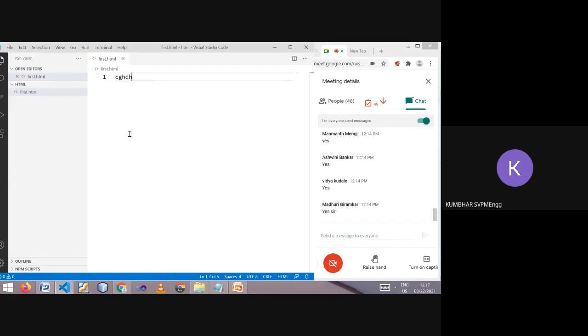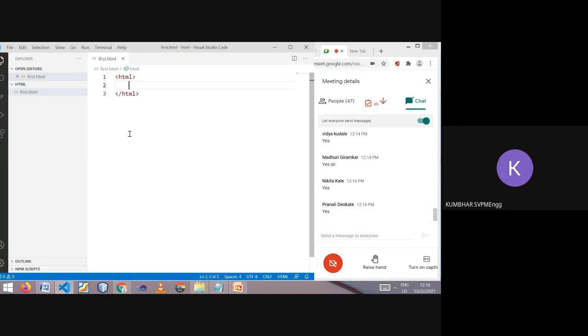Great. Now I'm going to type my first HTML page. Always, HTML is the root tag of your page. Now I'm going to save this file. I have only written HTML and end of the HTML.